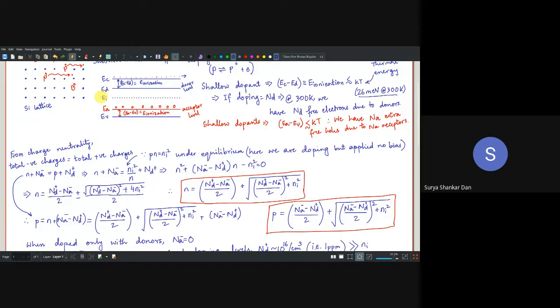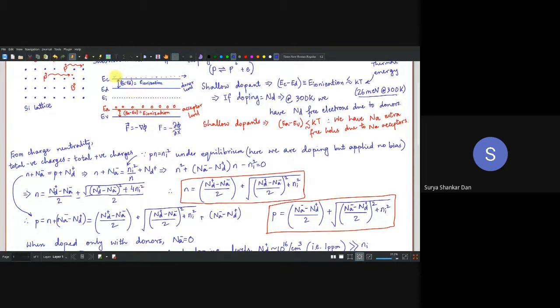And again, when you are not applying any biases, remember all these energy bands are completely flat. These are energy bands, right? So the slope, that means the gradient of this energy band, will essentially determine the field. Remember, the field is equal to minus grad phi. I should put a vector over here. If you are speaking about the magnitude, it is simply this in one direction. So the field is the gradient of the potential, right?